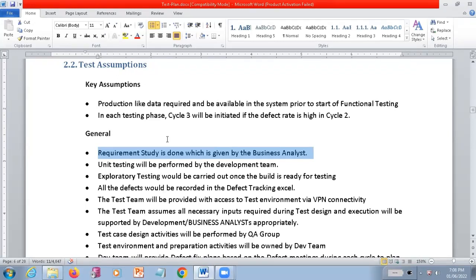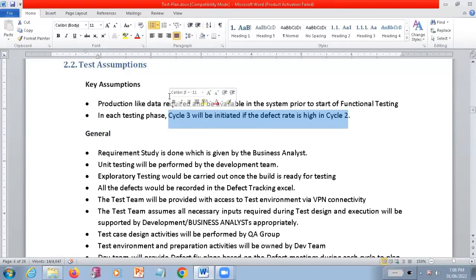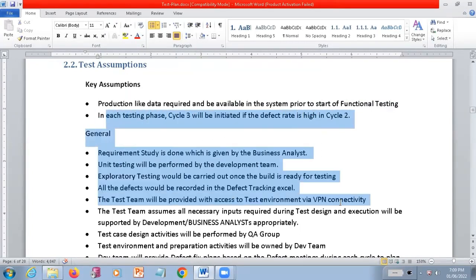See how many cycles. Here they told us they will have 3 cycles in total. Within 3 cycles they want to close the complete process. They should not extend beyond cycle 2, and only if there are defects at a high range should they go for the cycle 3 process. These are the standards they provide, and each and every person in that project, the testing team, is going to follow this document and release the project based on this document only. You are getting this point.